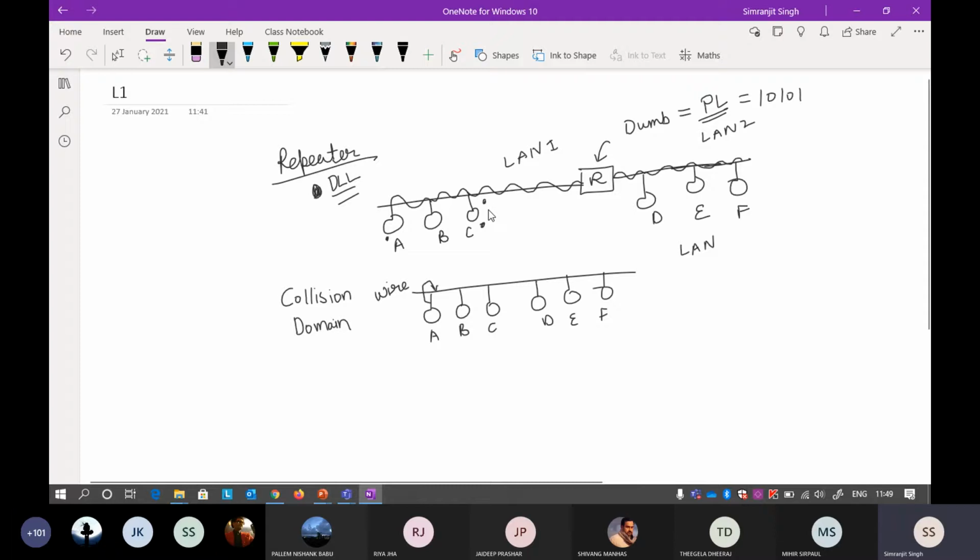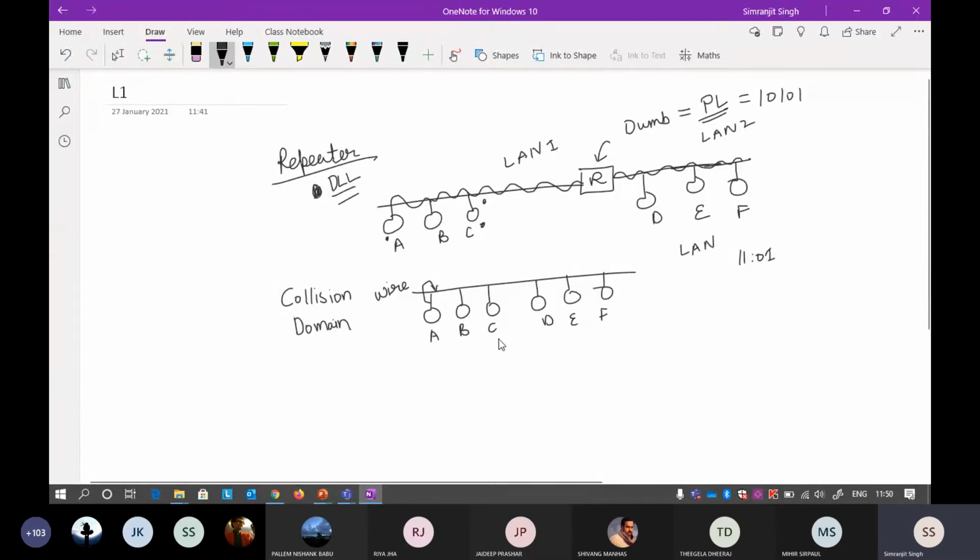That is very clear to you that any station that is present inside the LAN has the capability to put the signal, to put the message, to put the frame onto this particular wire. Any workstation has this permission to send the message to any other workstation that exists inside their LAN. Okay, so now suppose at 11:01 every station tried to send a signal to every other station.